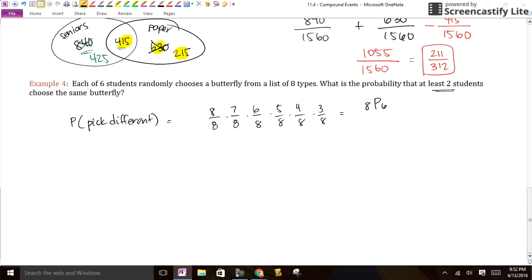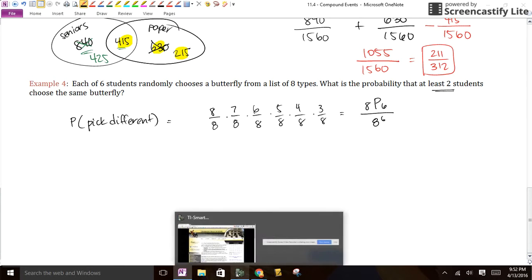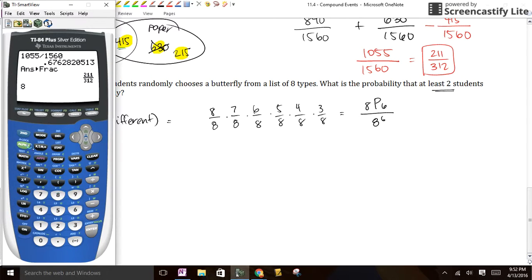You can see that this is 8P6. That will get you choose 6 out of 8. Order matters. That makes it a permutation so that they can't have different combinations. And on the bottom, that's 8 to the 6th. So I could see what this is on a calculator. I go 8 math P 6 divided by 8 to the 6th power. Yuck. So there's about a 7% chance that they would all pick different, which means there's probably a 93% chance